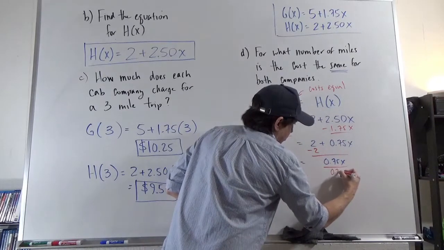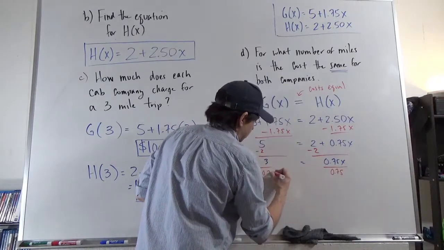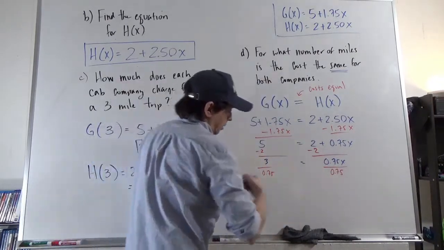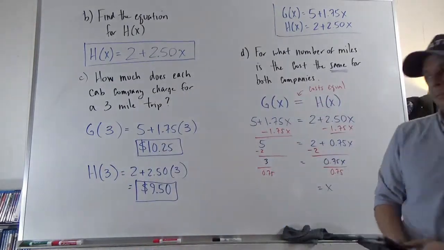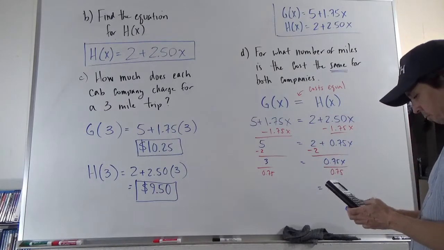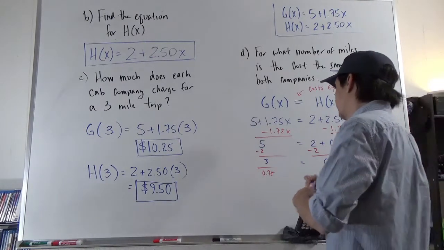Now I need to divide by 0.75. Four? 4, exactly. It could be a decimal,